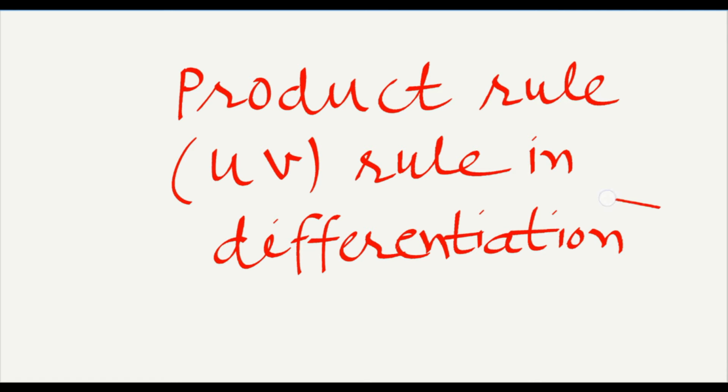That is, if there are two functions which are multiplied to each other, then how do we differentiate? For this, you need to learn one formula. If y is a product of two functions, u is a function of x and v is also a function of x, then the derivative of y with respect to x